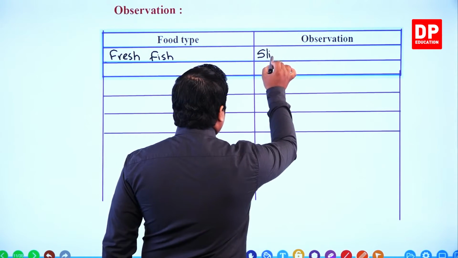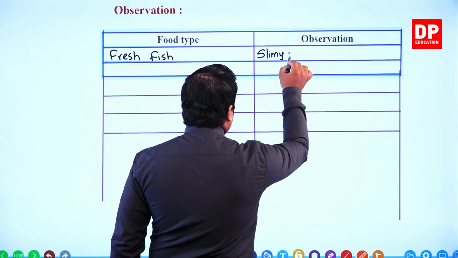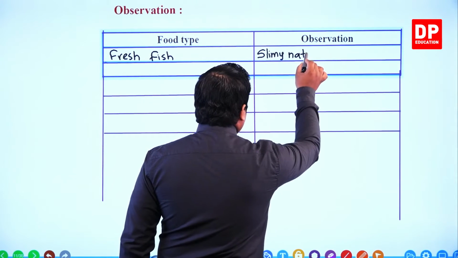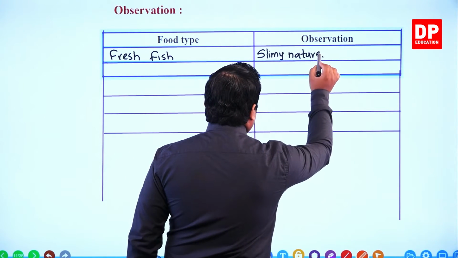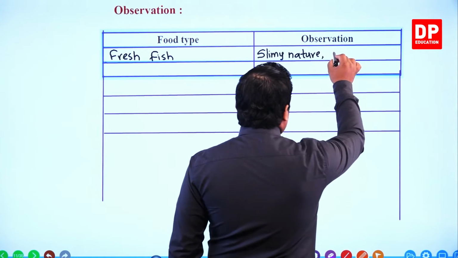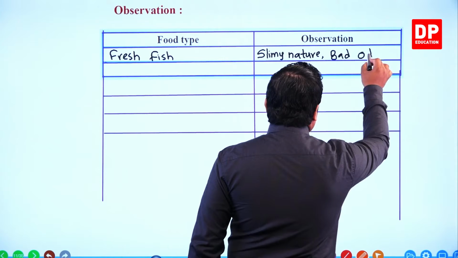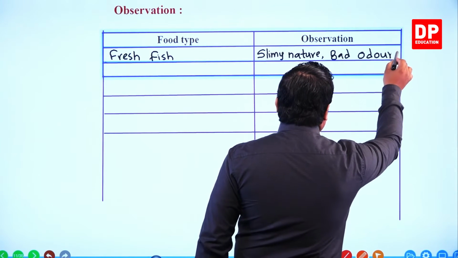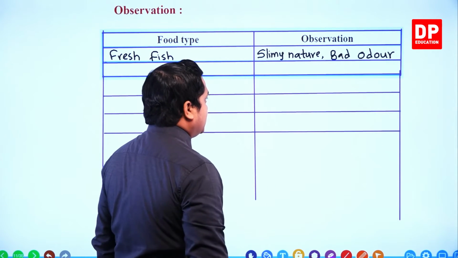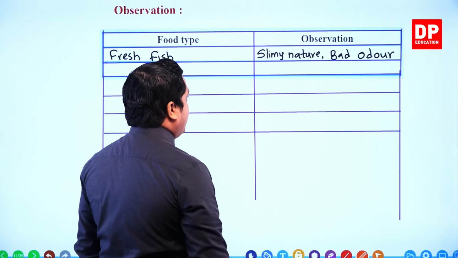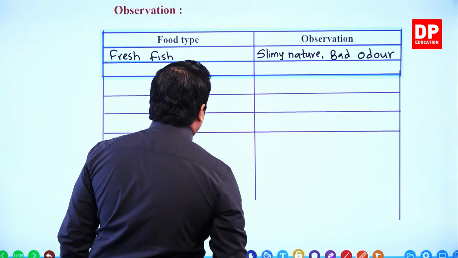Slimy nature. Then bad odor. Slimy nature and bad odor can be observed. Then